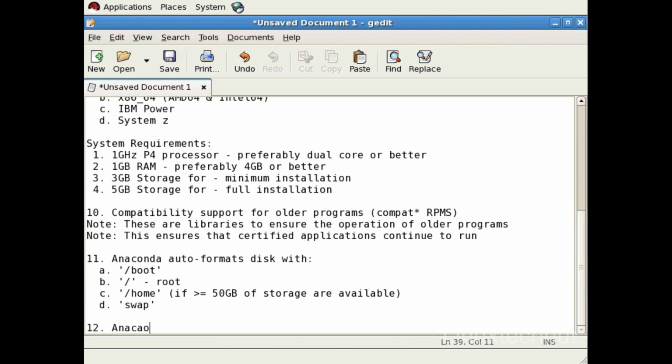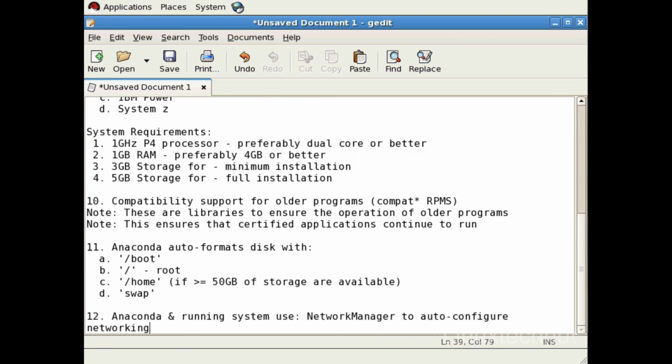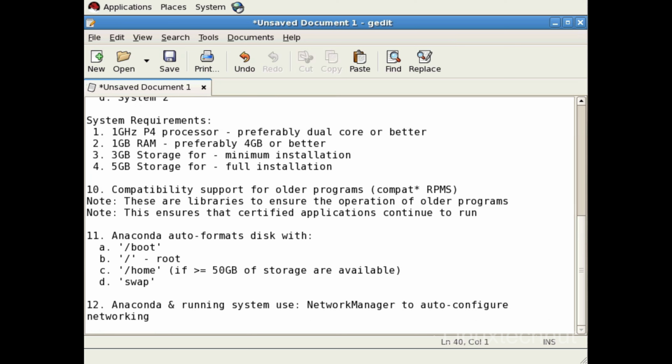And that is that Anaconda and the running system, meaning once the operating system's up and running, now both use the same facility for network configuration, and that's Network Manager, which you will find across Linux distributions, including Debian, Red Hat, SUSE, etc. So Network Manager is used to auto-configure networking as opposed to a separate facility, which means by default Network Manager will attempt to use DHCP to configure your connected interface or interfaces. So it uses DHCP by default